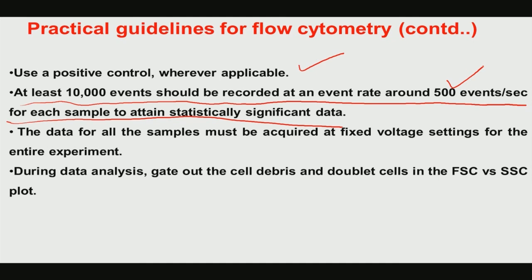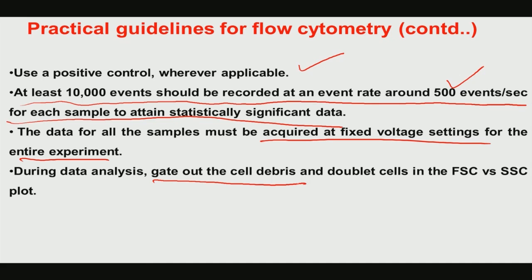It detects all these cell fate processes. First of all, in conventional biochemical assays you cannot record information in an individual cell specific manner, which you can directly get in flow cytometry. Secondly, you can get a huge number of events, like 10,000 events, recorded within seconds. You can essentially record 500 events per second, and data for all the samples must be acquired at a fixed voltage setting for the entire experiment. And during the data analysis, as I have mentioned in one of the slides, you have to